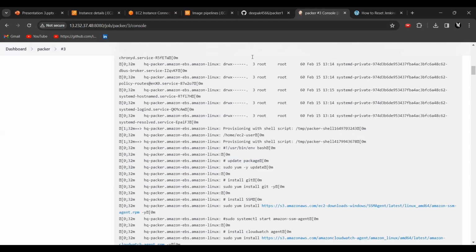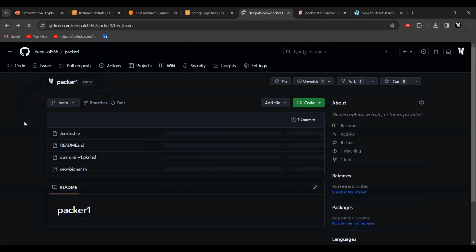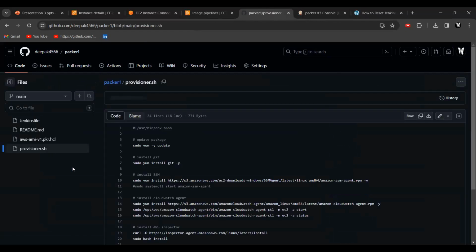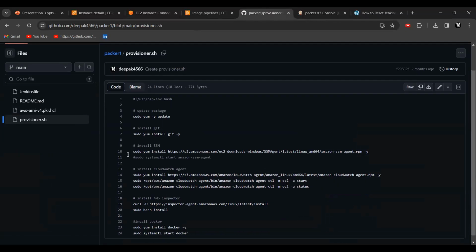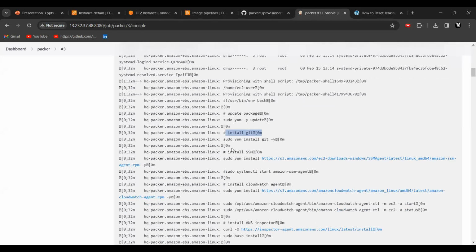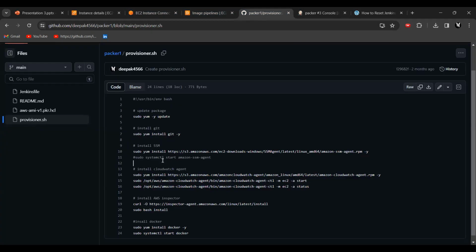Updating package. As I said, here if you see, first it is updating the packages. It is installing them. Same thing here. If you see, update the packages, installing it, installing SSM agents.